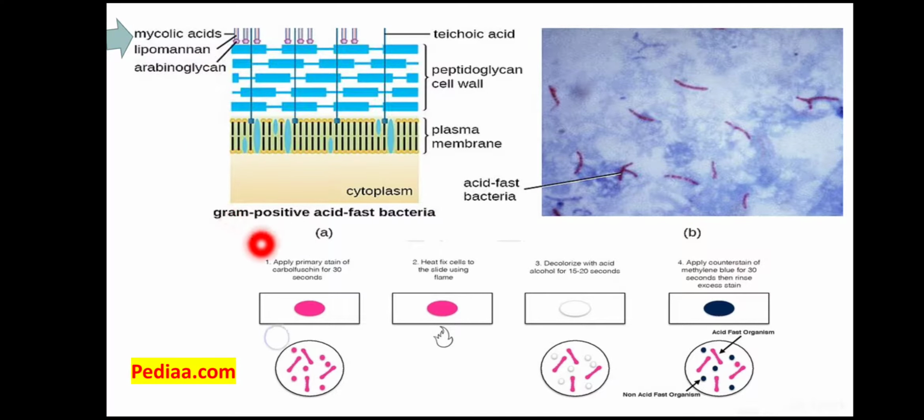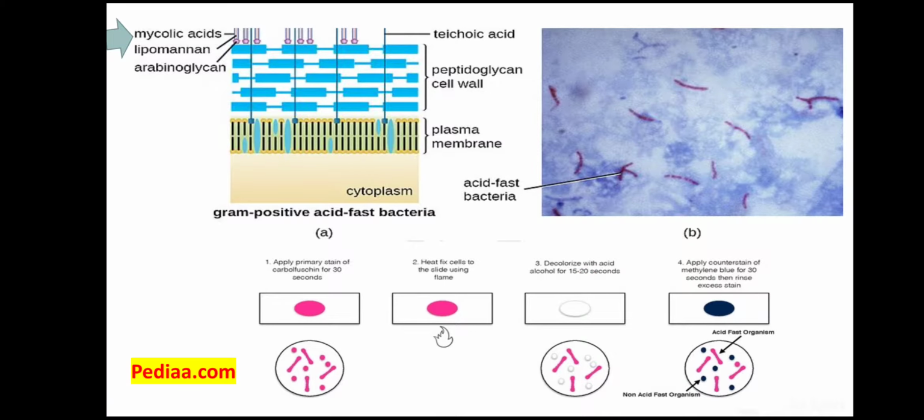So we perform a stain which is given the name Ziehl-Neelsen stain, and in Ziehl-Neelsen stain we first of all add carbol fuchsin to it. Carbol fuchsin is a mixture of basic fuchsin and phenol, and then we heat it so that the stain goes into the cell. After that, we decolorize it with acid alcohol or a strong acid like sulfuric acid, and after that we see under the microscope, and before that we also apply a counter stain to stain the background. So acid fast bacilli will retain the color of the stain, because it does not decolorize by the action of the acid alcohol or the strong acid.